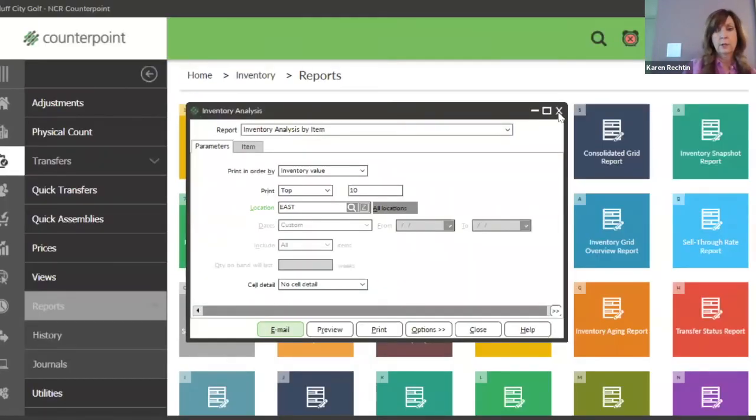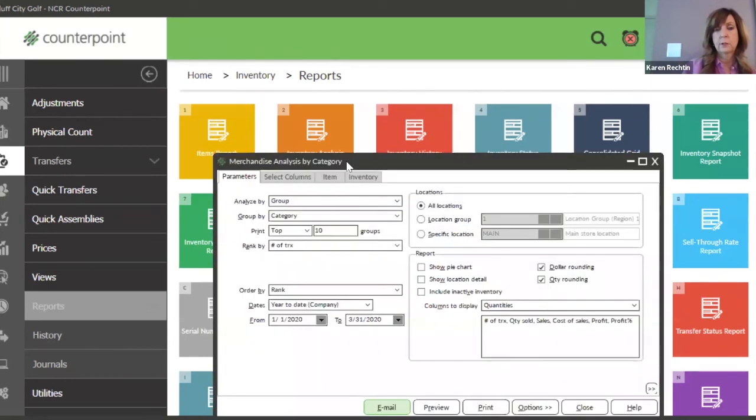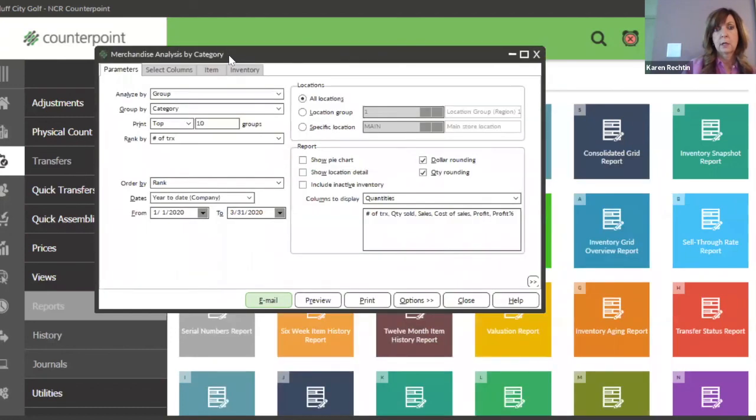You've also got merchandise analysis. Merchandise analysis is a very heavily used report. This report pulls together sales information and inventory information. It's one of the few reports in the system that does that. And so this is very often a report used by buyers, because they can look in here and see all kinds of information